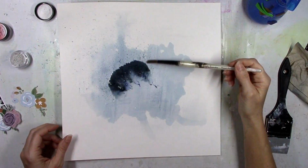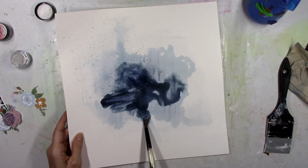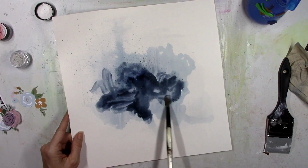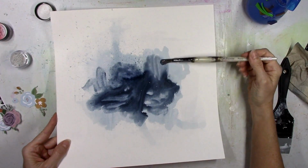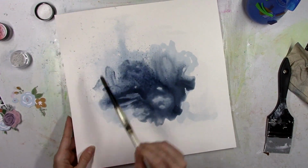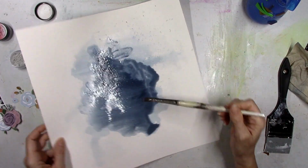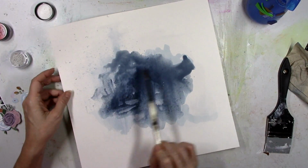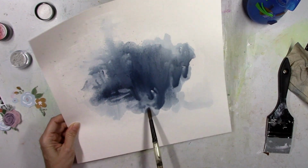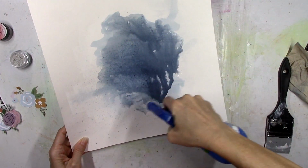We're going to see. This is an experiment again. I know I seem like I make these backgrounds all the time, and I should know what I'm doing by now, but I still feel like I'm experimenting with each one, you know? Especially with the Lindy's and my gesso obsession. I just like the effect that the gesso creates, no matter what products I'm using, whether it's shimmers or regular